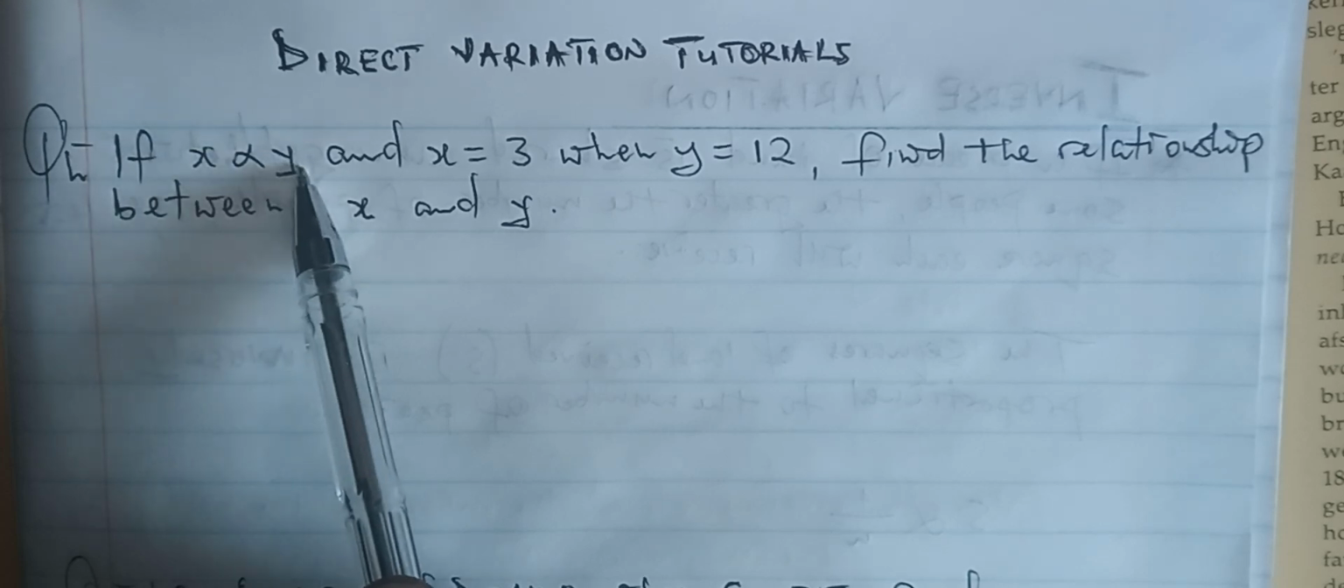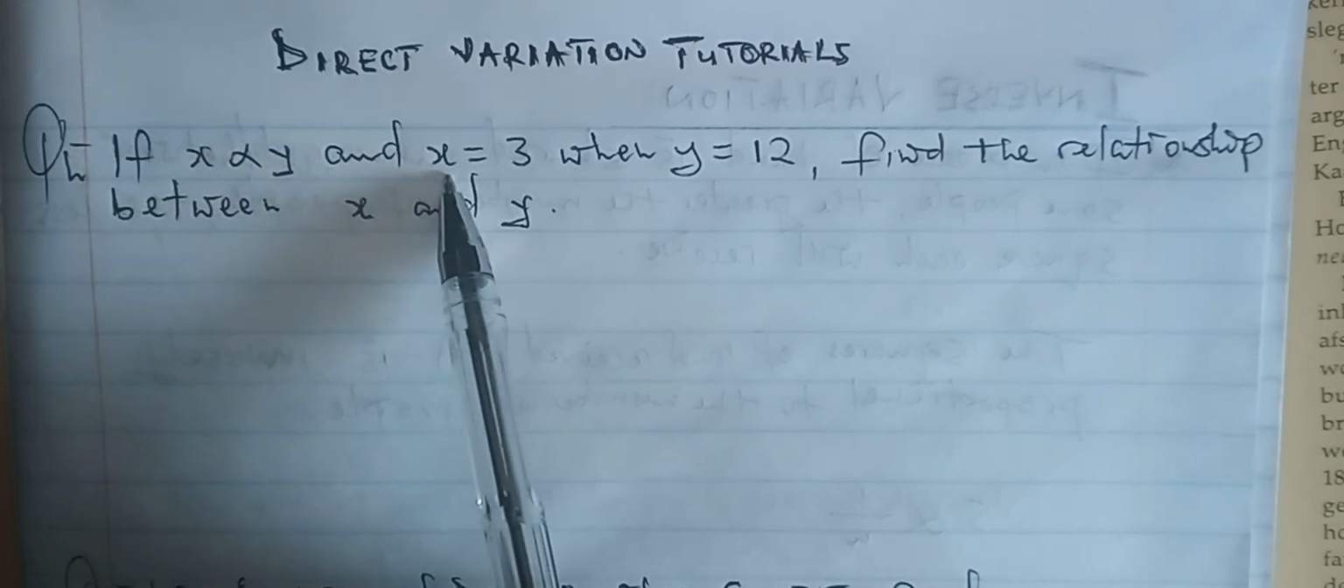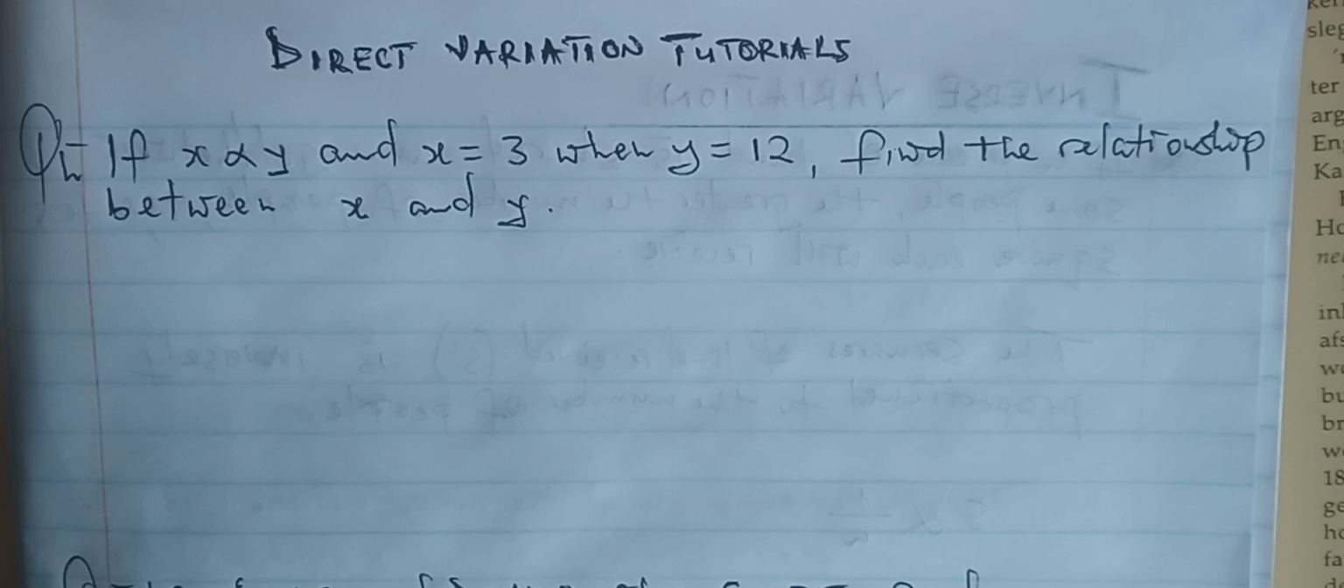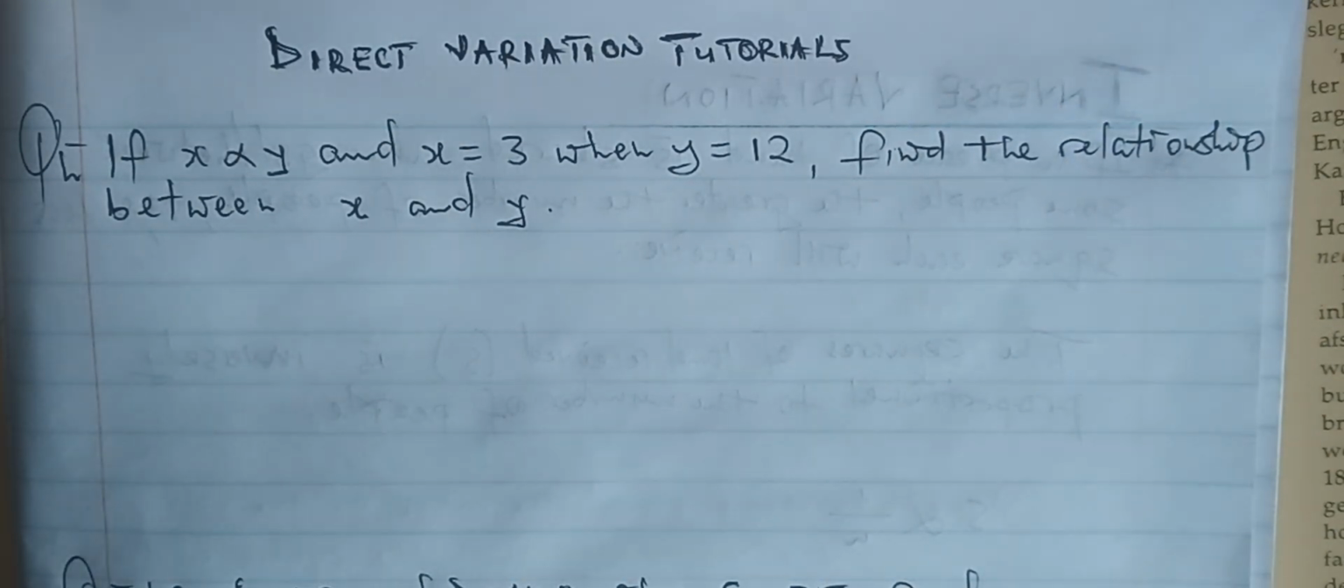So the first question is saying, if x varies directly with y and x is equal to 3 when y is equal to 12, find the relationship between x and y. I'm sure we are all aware from the previous tutorials that for us to find the relationship between two variables, we have to introduce a constant. So this simply means that our solution is going to be like